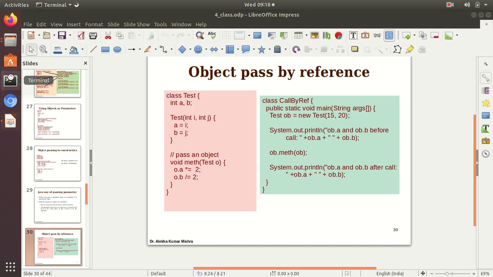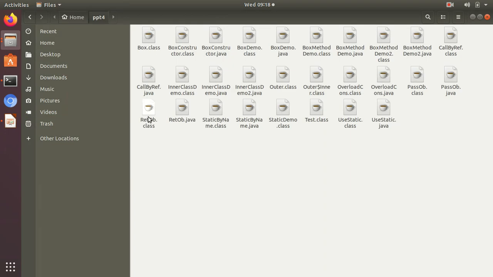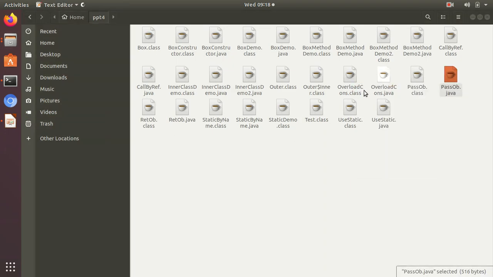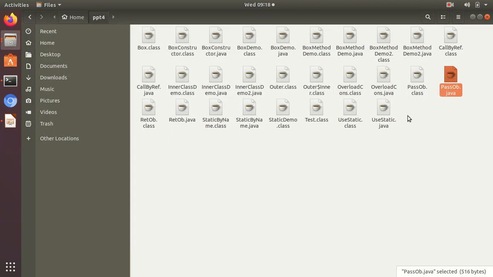We'll run and see. I think here is the program, pass object. The class name is pass object. No, not this one.